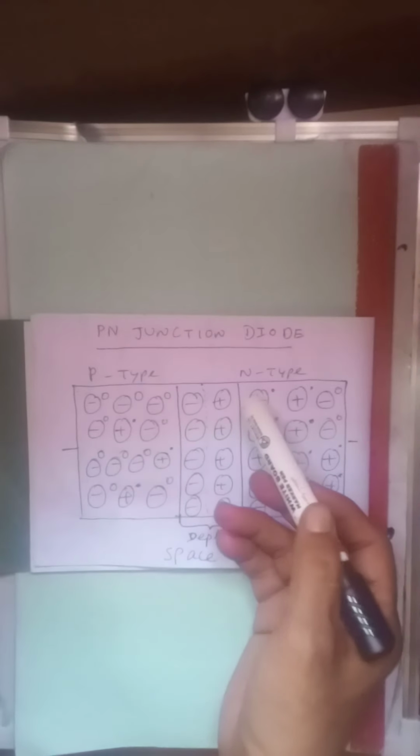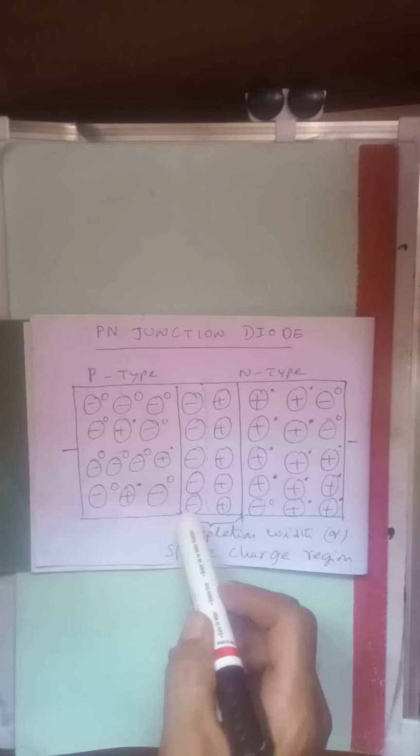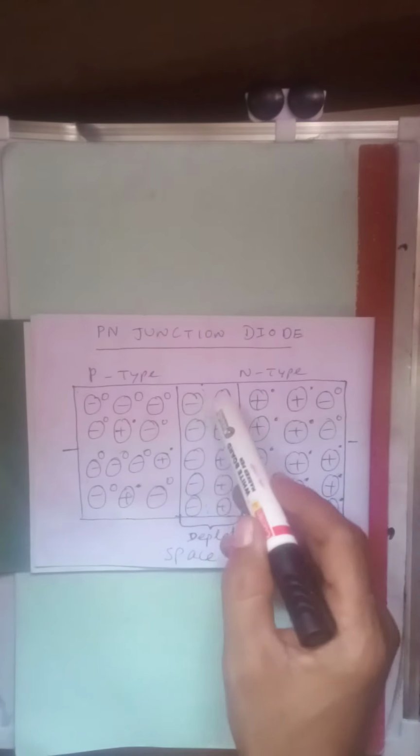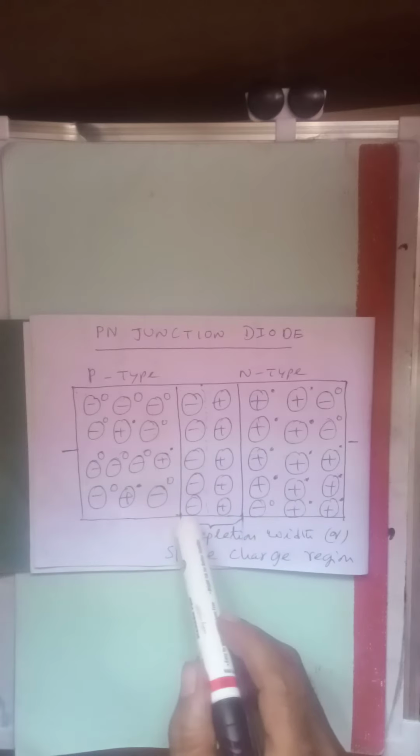At the junction, the acceptor atoms are neutralized by taking an electron from the donor, and so they become acceptor ions, negative ions, with a negative charge. Similarly, the donor atoms become donor ions after donating electrons to the acceptor atoms. Thus a positive layer is formed at the junction. Due to this positive and negative separation, there is an electric field intensity there.